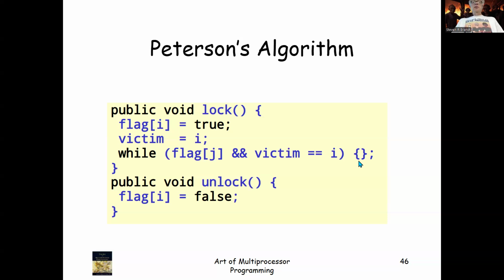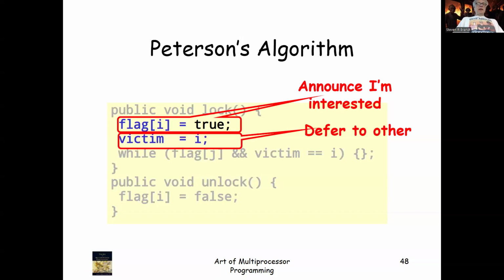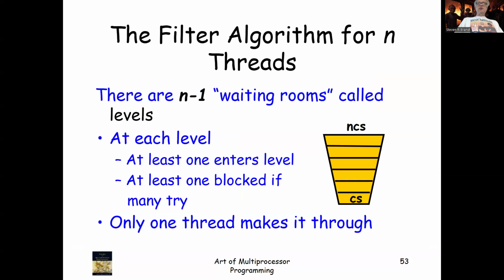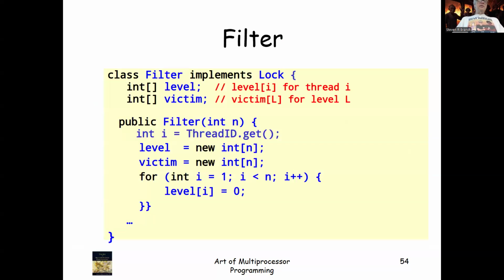Peterson's algorithm is just the gentleman's algorithm. Kind of. That's all it is. Yes, it says I raise my flag and then I defer. Hold the door open for someone else. And that's a good way to think about it, right? What we found out is if you're greedy and you try to jam your way through the door first, then you've got an algorithm that doesn't work. Okay, and it's starvation free.